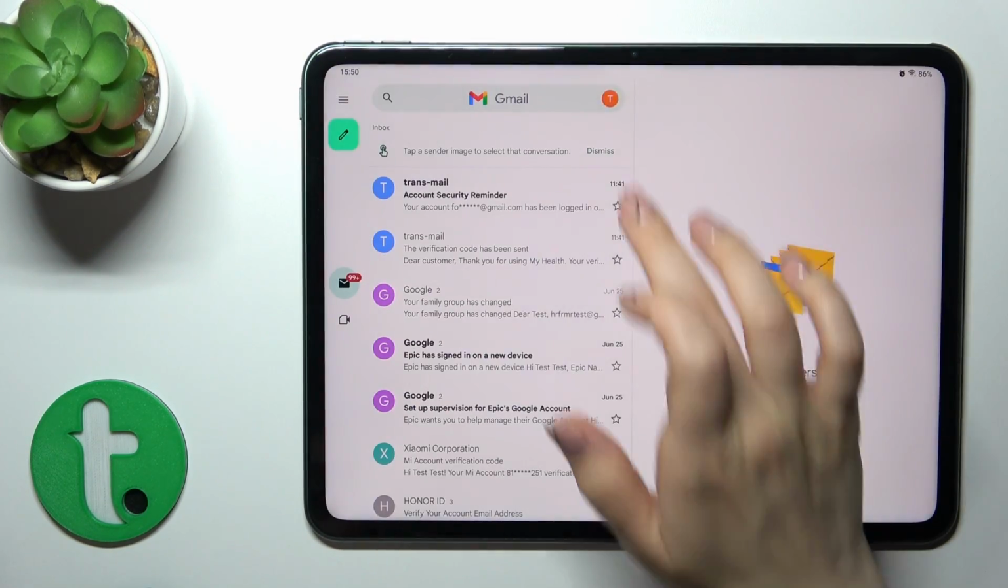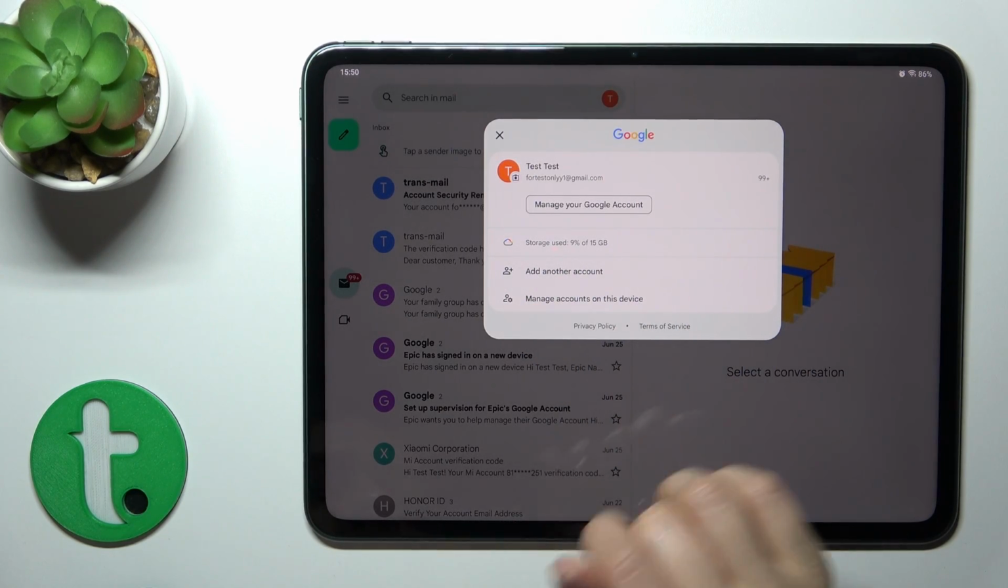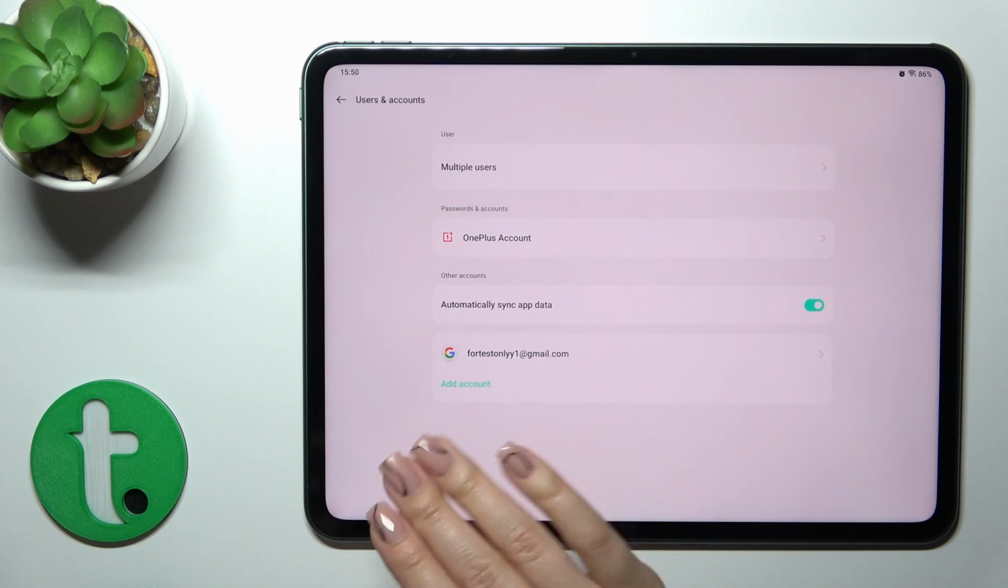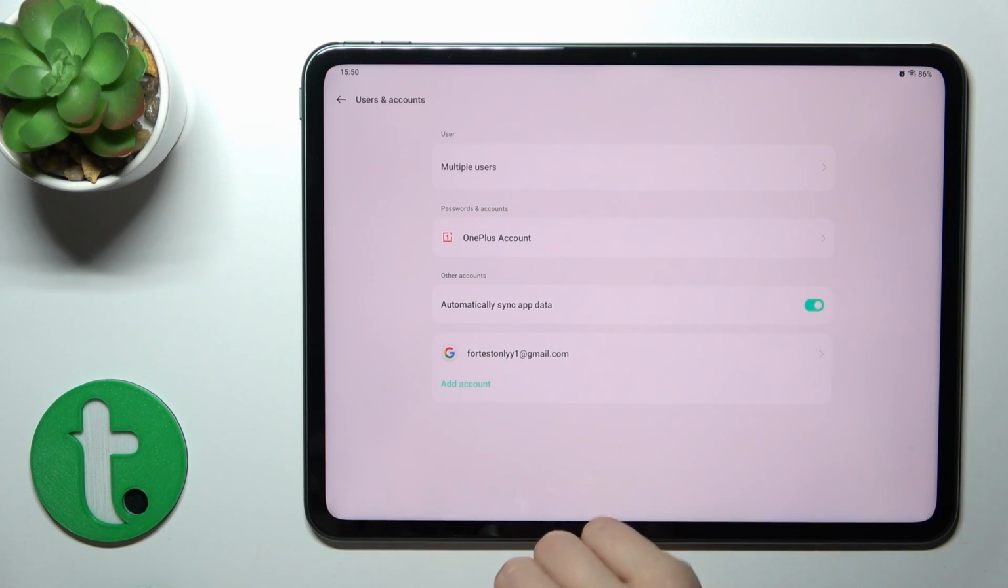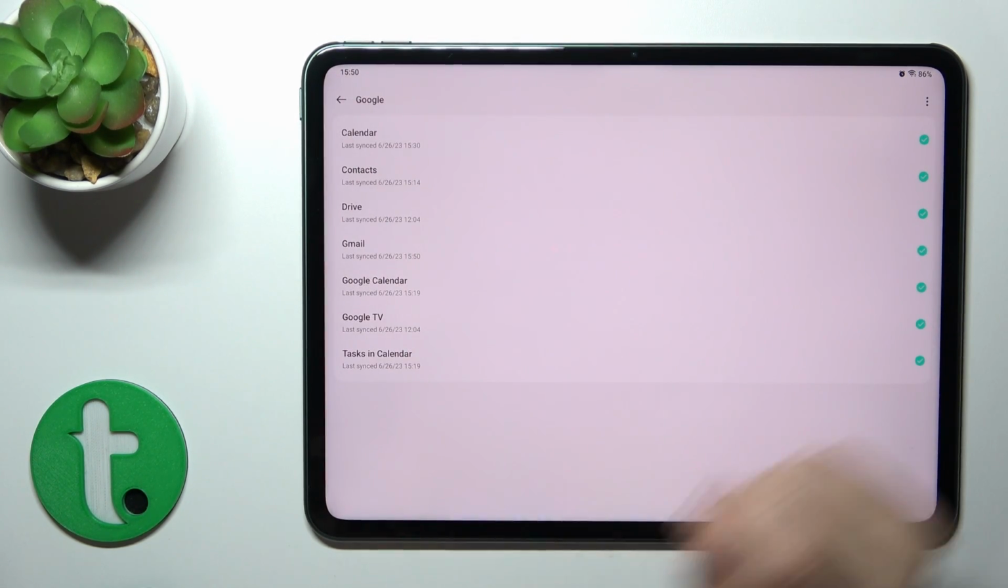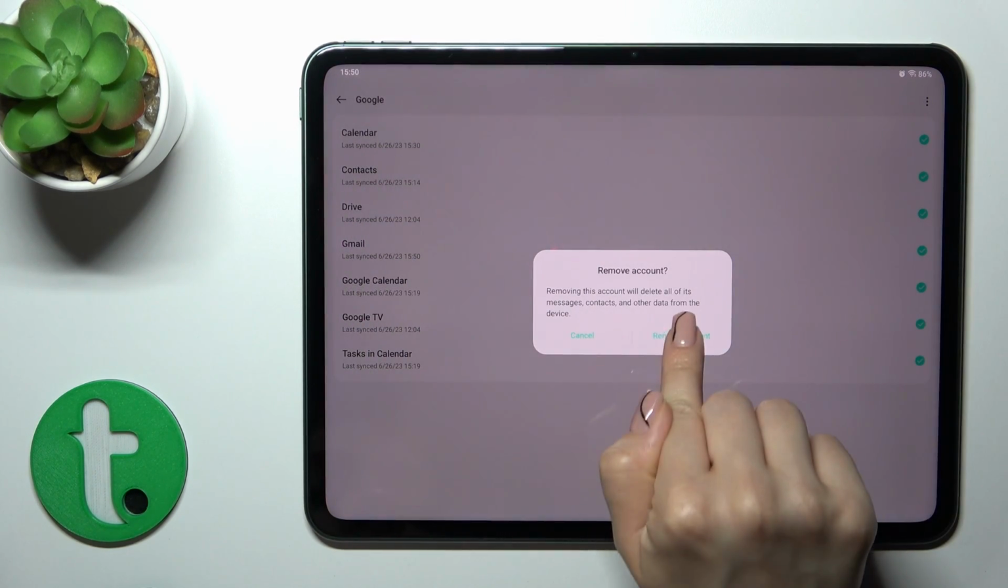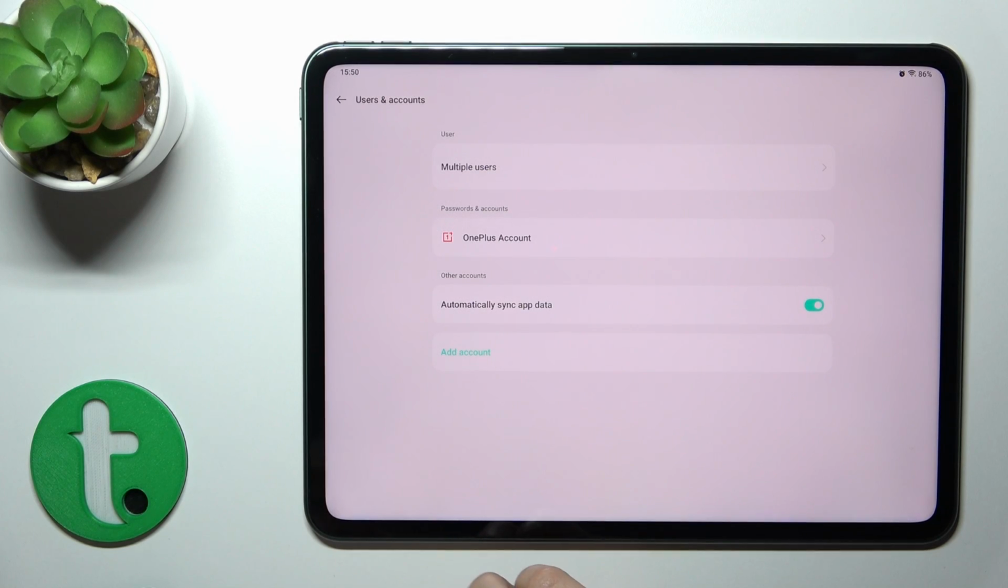Okay. After that, just tap here on this icon and click to manage accounts on this device. So we should first log out from Google account on our device and just to automatically log out from Gmail app. So open the account, tap on the right upper corner on these three dots and click to remove account, confirm your action, and now we could see that in Google account settings we just successfully logged out from